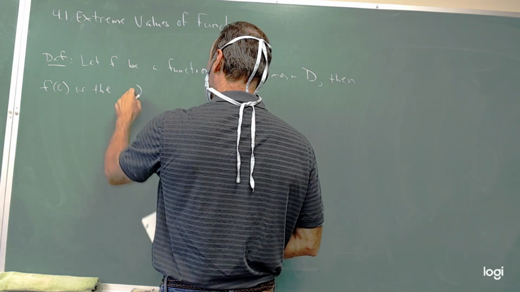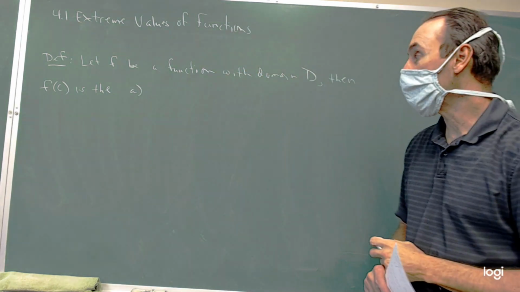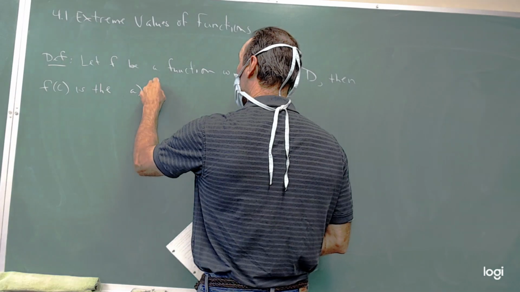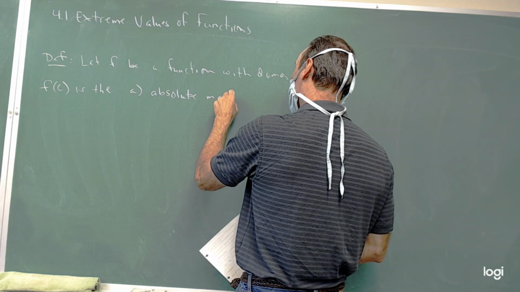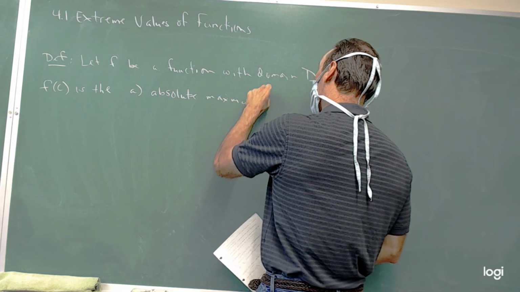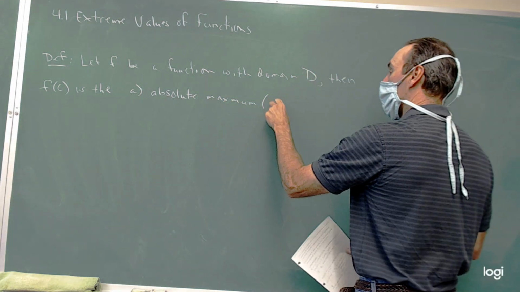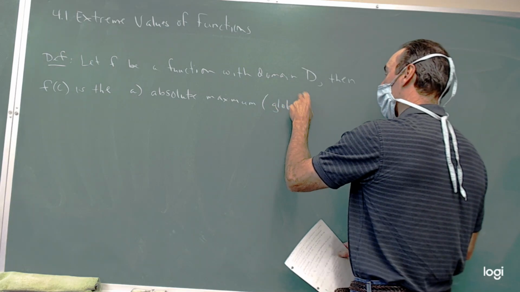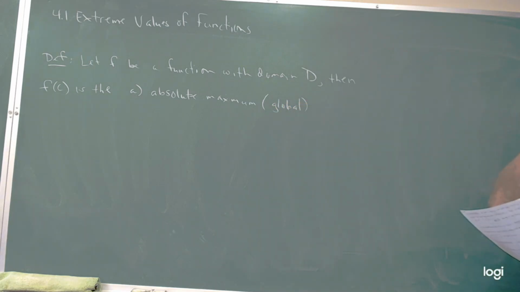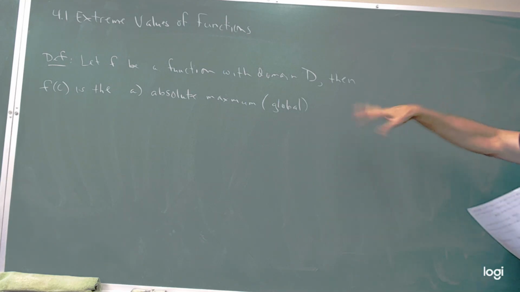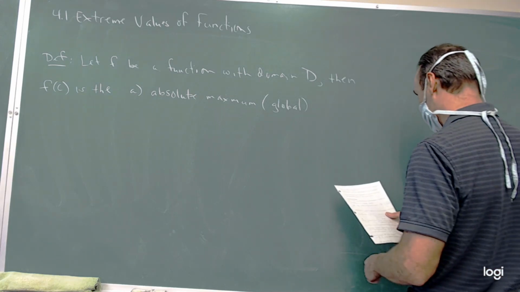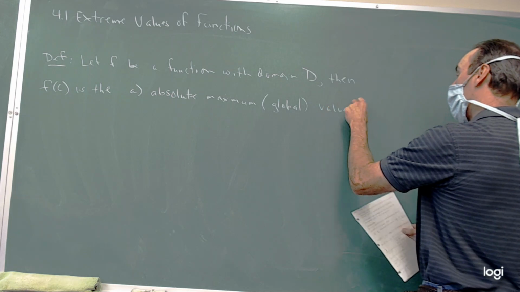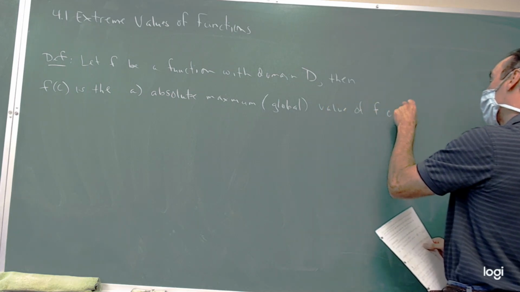I'm going to say A, I'll talk about absolute max and absolute min. So it's the absolute maximum, which you will also see referred to as a global maximum. So different authors call it different things. You're equally likely to see either one of those used on an AP exam, or maybe even both. So the absolute maximum value of f on D